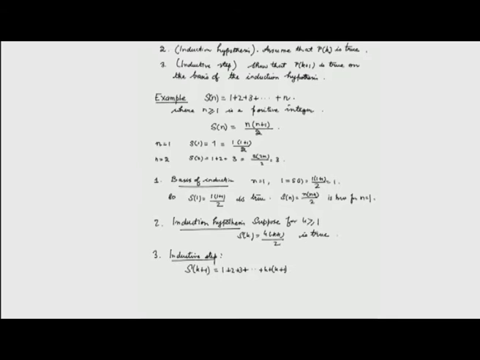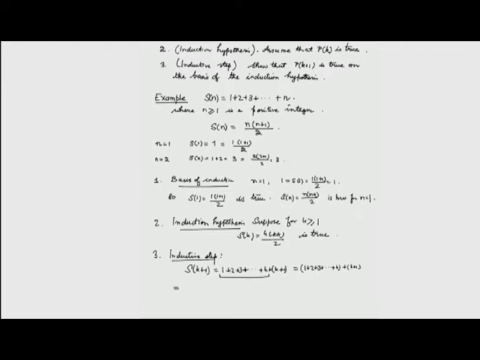Here we observe that we can always sum these first k entries by using the formula that we have already assumed. Therefore, I can write 1 plus 2 plus 3 and so on up to k plus 1